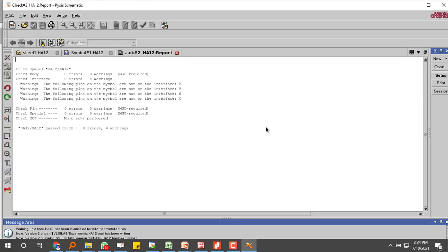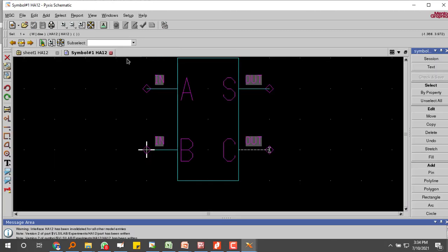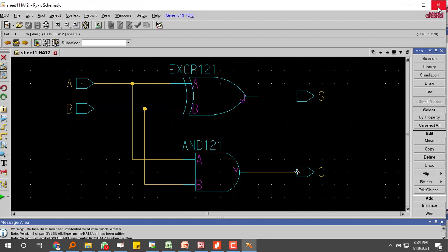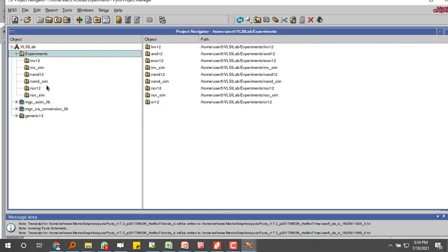Now I have to check whether my half adder is correct or not. So previously for the AND gate, OR gate and exclusive OR gate we have not gone with the simulation. Now I will be going to check the simulation for the half adder, because if the half adder is wrong, it is unable to construct a full adder using two half adders. So I will be checking the simulation for the half adder.